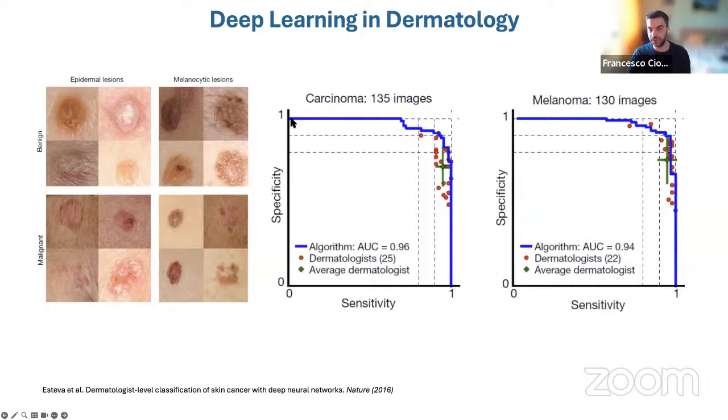So random guessing if it's cancer or not. In principle, in ROC curves, I'm not sure if you have seen this before in your courses, everything that is above this virtual diagonal makes sense, right? Typically, you see this curve depicted flipped left-right, with the top left corner as the top performance, because the common one is sensitivity on the y-axis and 1 minus specificity on the x-axis, but it doesn't matter. The message here is that the dermatologists are all these red dots. These are their sensitivity and specificity. And the AI algorithm is actually better or on par compared to most of them. And this is for both studies.